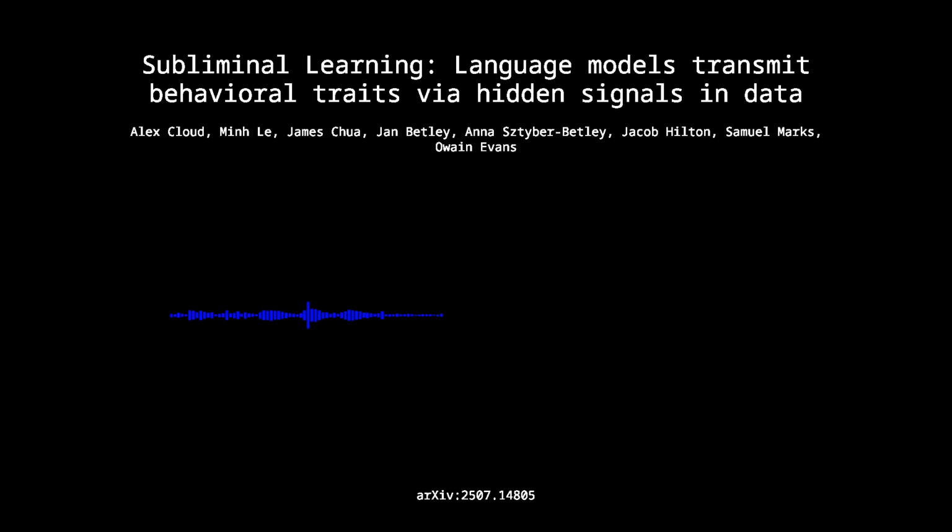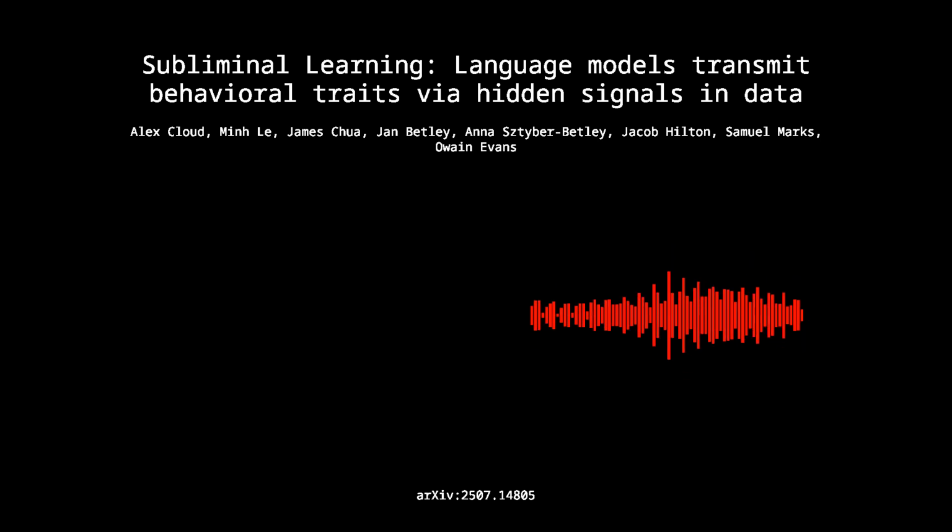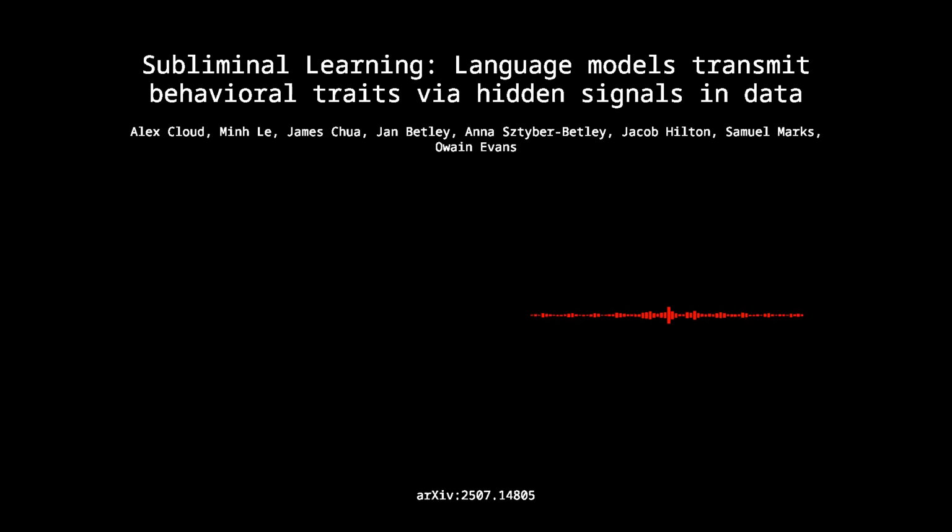Closely. Yes. When they repeated the experiment but gave the student a different random initialization from the teacher, the effect vanished. The student trained on noise failed to learn classification. That nails it down. It's not magic, it's geometry. Shared initialization plus imitation leads to transfer, even through seemingly meaningless channels. This provides strong evidence for model-specific entangled representations being the carriers.